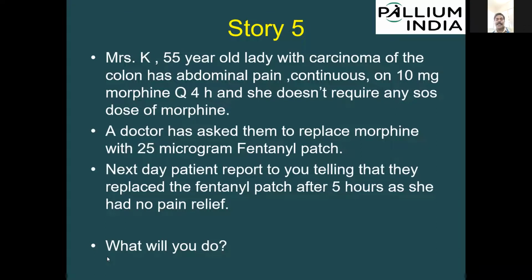Either we can start with an additional dose of morphine orally, or we go for another route, because we have tried the oral route as well as the patch. So if it's possible, we can give her an injection of morphine. Alternative dose we can try with that. Okay. Anybody else want to comment on this?